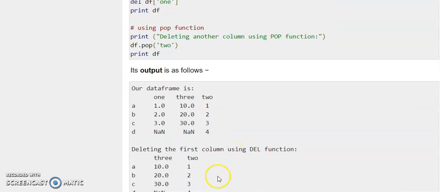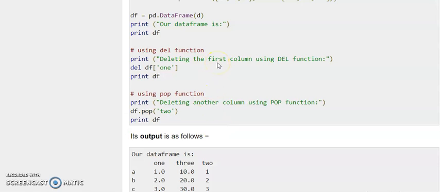And now, how can we delete a specific column from our data frame? By using the del function, we can delete any specific column from our existing data frame. You can see here del, then df, your data frame name, the variable in which you have stored the data frame, and in square brackets you have to mention the specific column label that you want to delete. So here in my df data frame I want to delete column label 1, and by using the del function it will be possible.